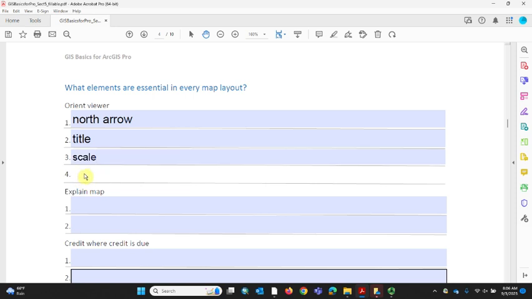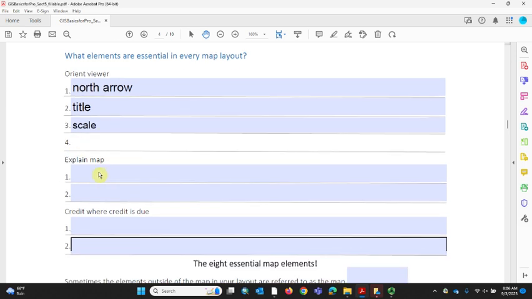Obviously, I need to fix that error in the fillable PDF. I'll have that fixed for you, but apparently I need to make one for the fourth element, which we'll talk about in a moment. Then to explain the map,